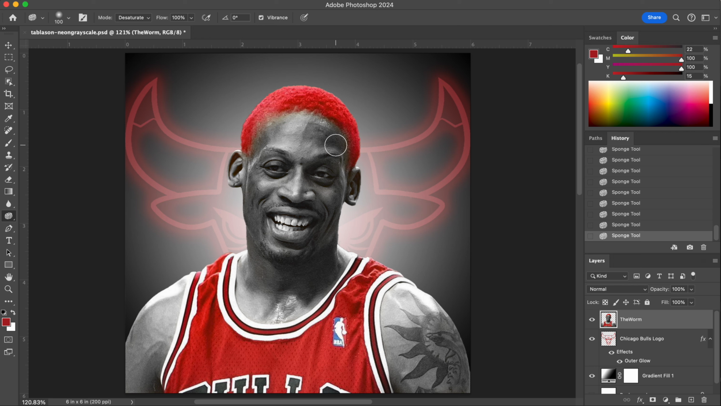So here I am just finishing up my sponge tool. One thing I didn't mention when I started this is to make sure that your mode is set to desaturate. Because if you have it at saturate, it's going to do the reverse, where you're going to punch up the colors and make them a lot more saturated,